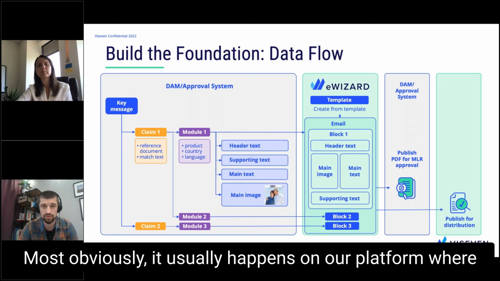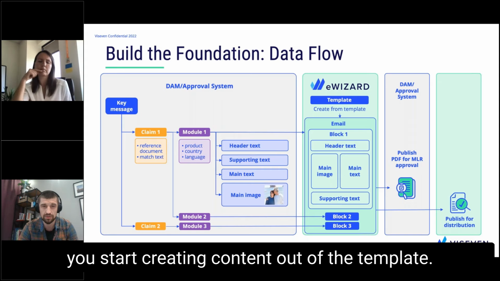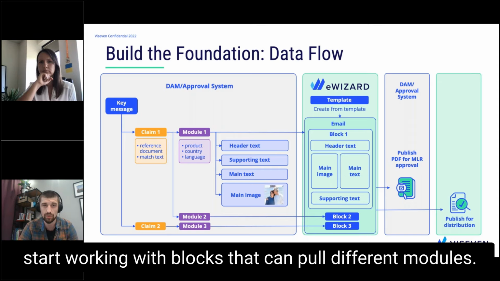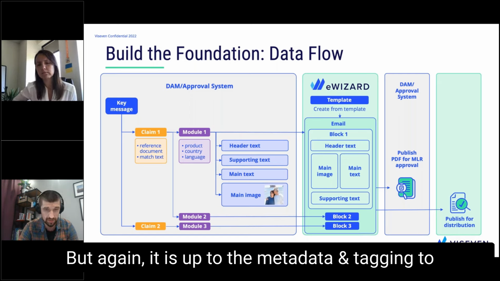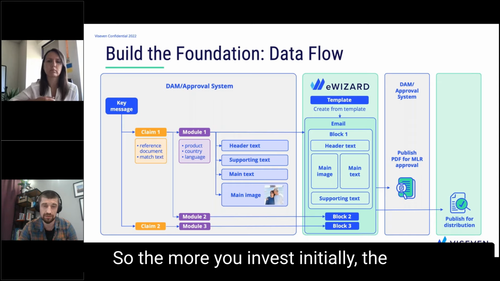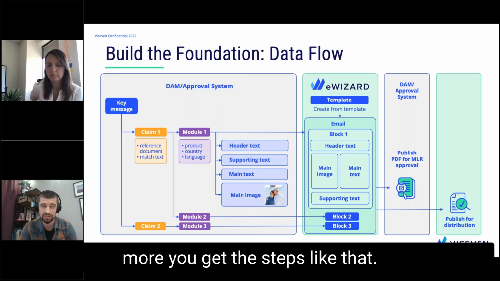Most obviously, it usually happens on our platform where you start creating content out of a template, then you define what channel you want, and then you start working with blocks that can pull different modules. But again, it is up to the metadata and tagging to define what modules you will see at this point. So the more you invest initially, the more you get at the steps like that.